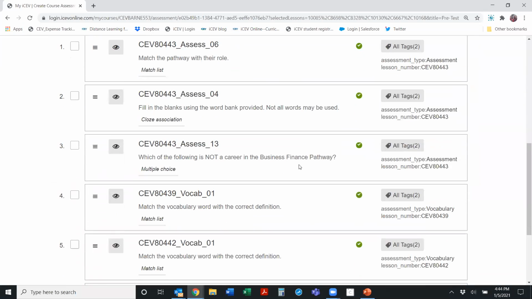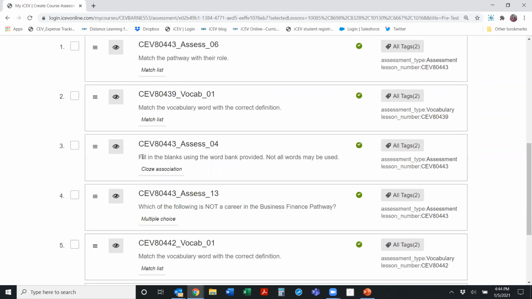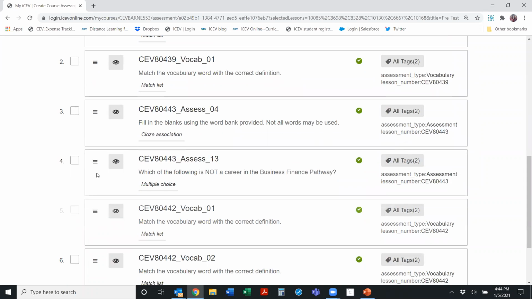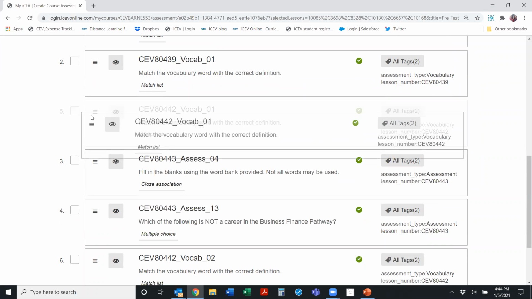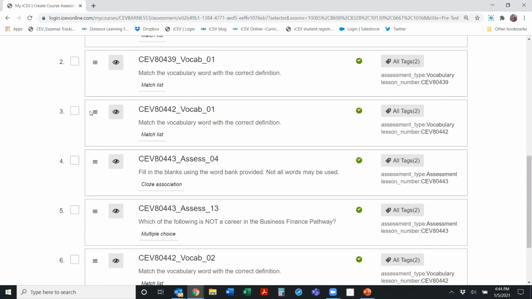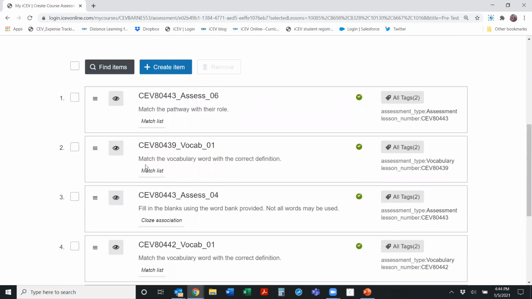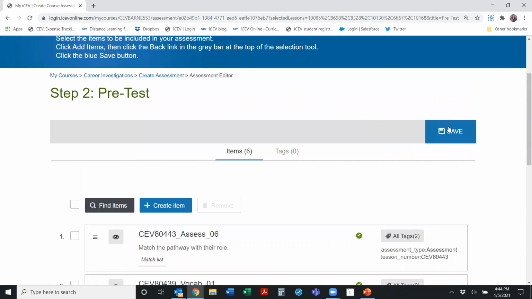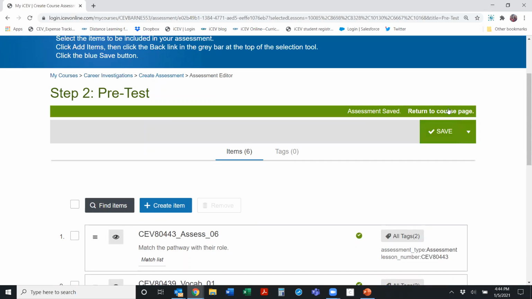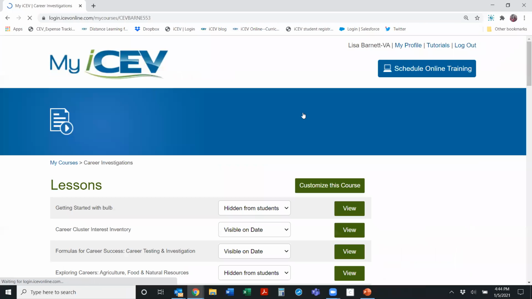Kay showed me earlier that if you wanted to reorder these and have a vocab between each of the multiple choice, you could do that. Now we've got it separated a little bit more, and then I'm going to click save and return to the course page.